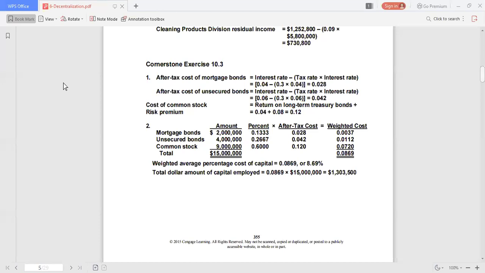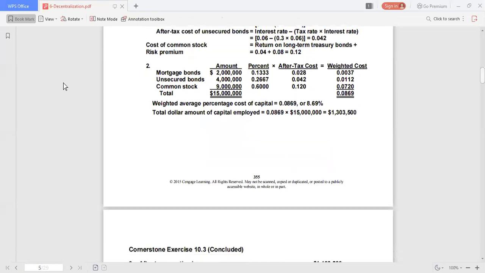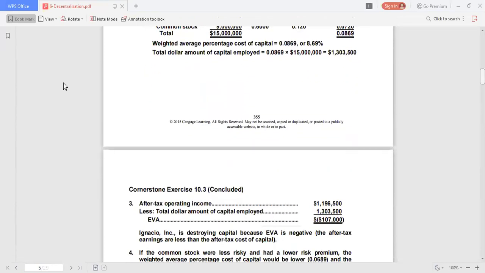Okay, so we have now requirements for exercise number 3, requirement 2. Then we compute for number 3, calculate the economic value added. So for the economic